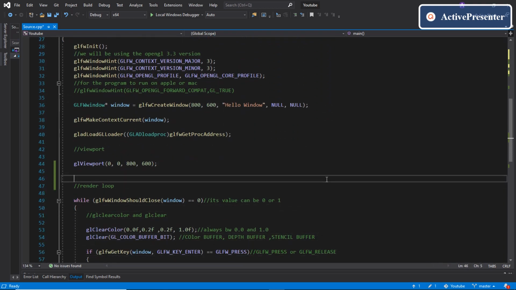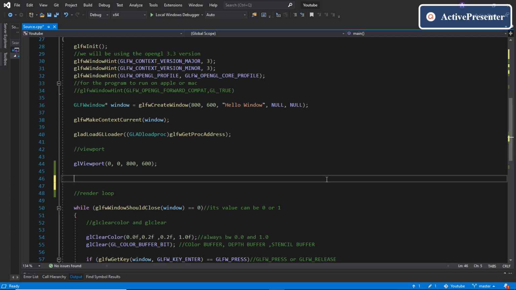So the configuration of this OpenGL graphics pipeline and the steps that go before it occur outside the render loop, and we just call this graphics pipeline inside the render loop to draw anything. So hence we'll do the configuration outside the render loop. Now, as you might remember, the first step before the graphics pipeline was creating the vertex data.